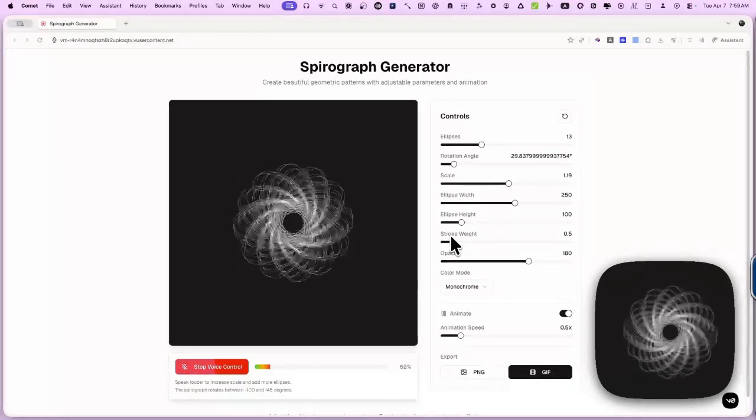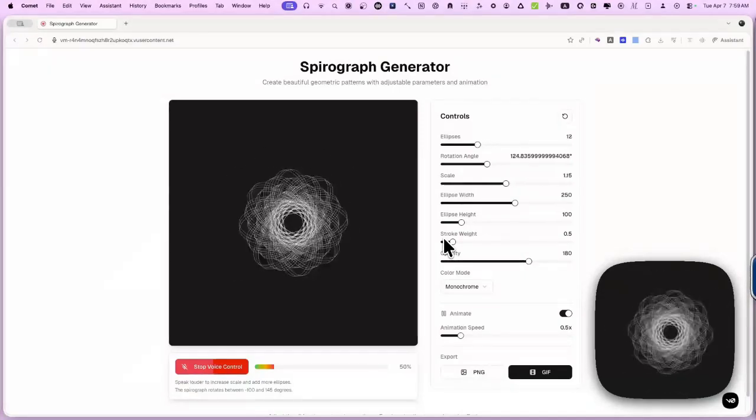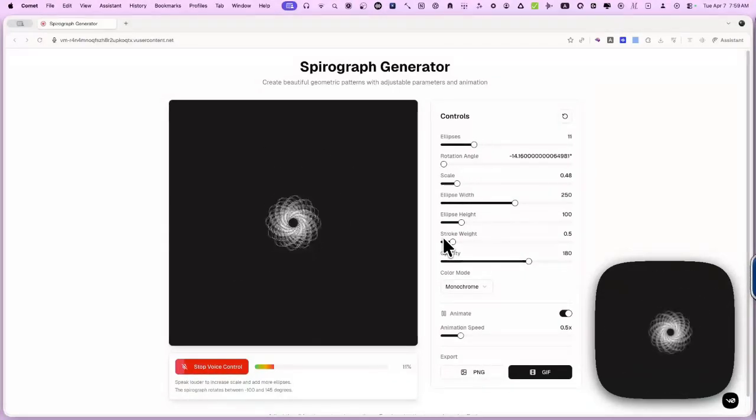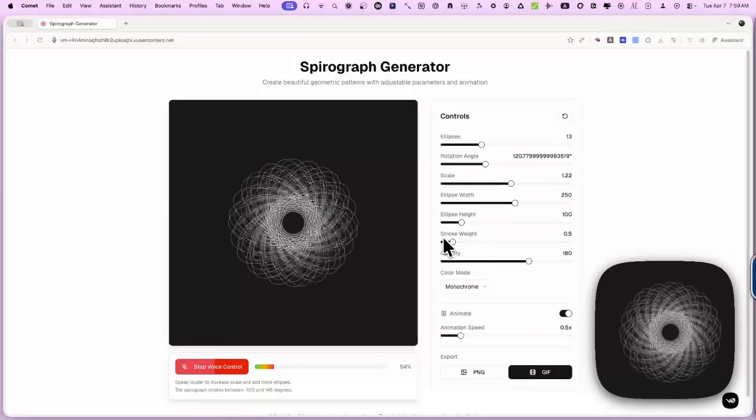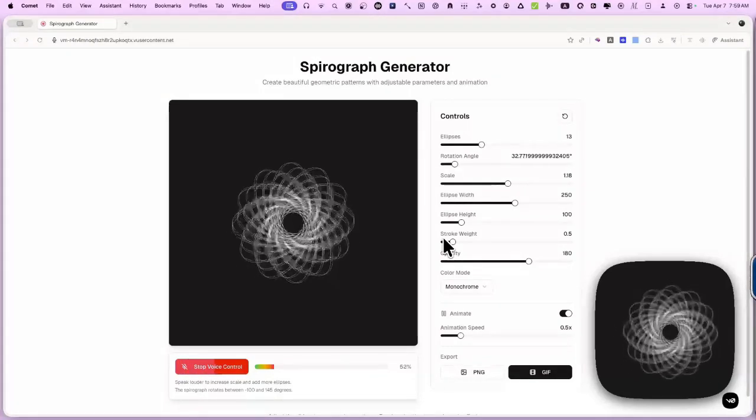What up, fam? Today we are going to be building this Spirograph Voice Detection Generator. It was an idea that came to me for wanting to build a voice sphere like voice agents have in